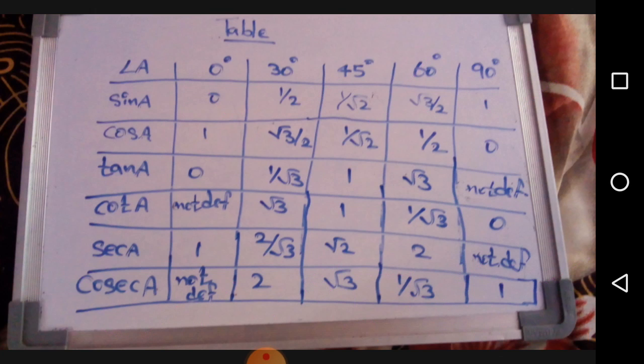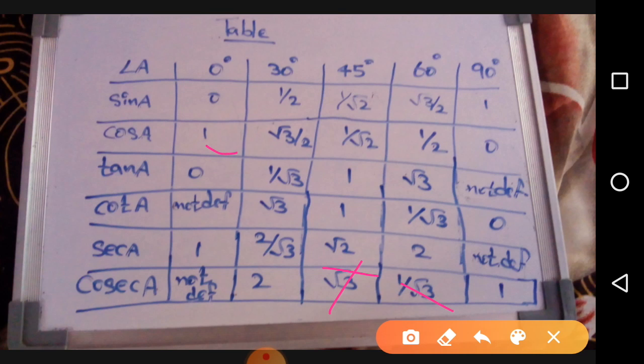So once you are done with sine, simultaneously you can learn this one. Next, move on to this, and these are wrong. Next, come to cos A. So cos 0 is 1, and cos 30, as we have seen, is root 3 by 2.